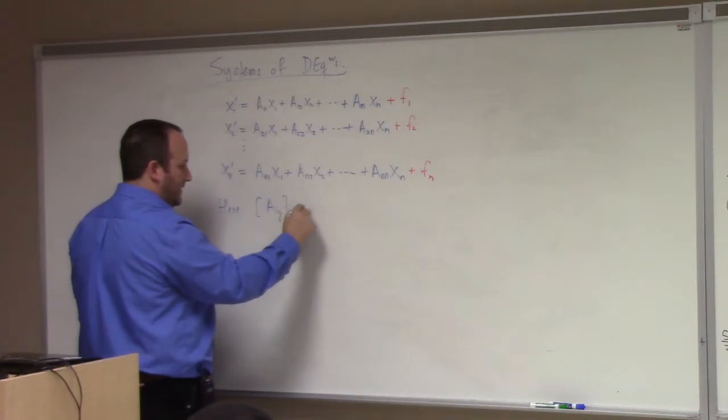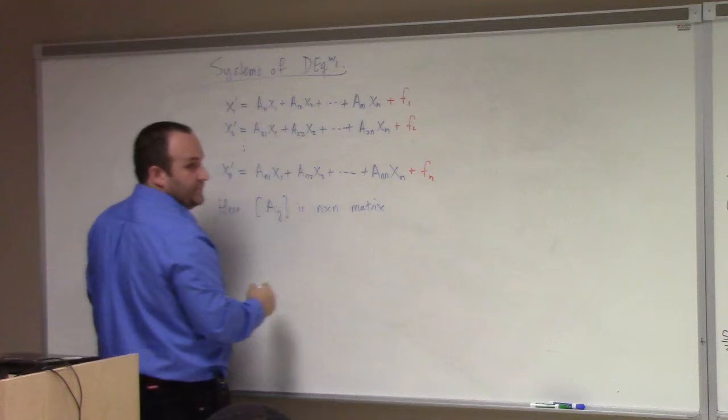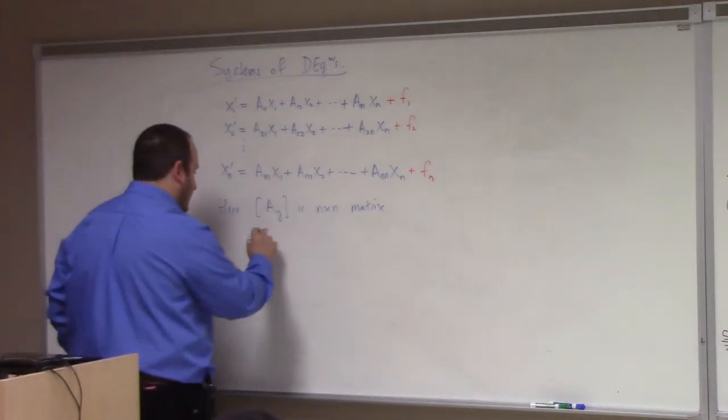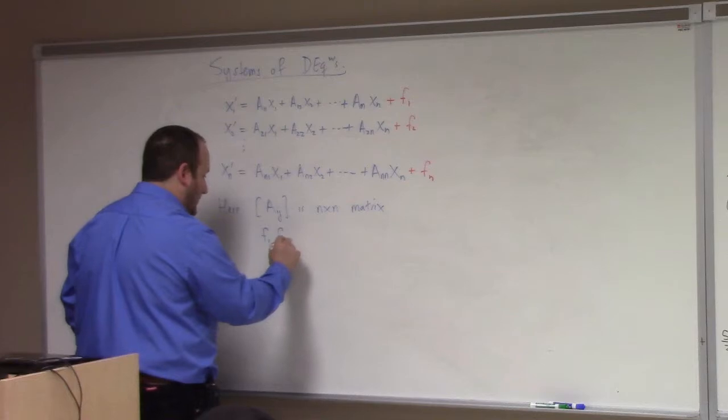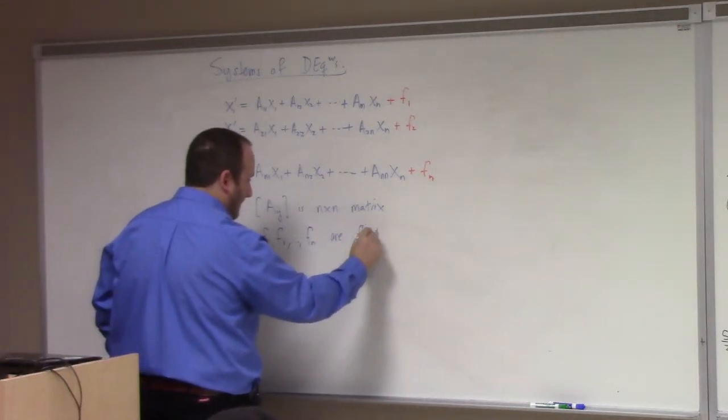This is an n by n matrix. So I'm assuming that the a11 through ann are all real numbers, right? Now here, the f1, f2, fn are functions